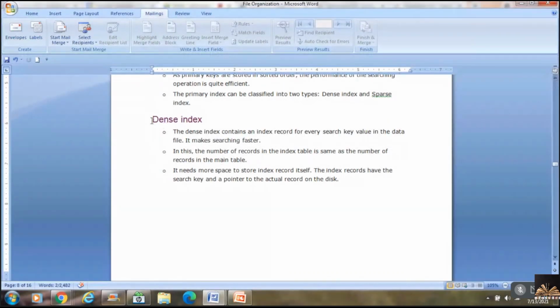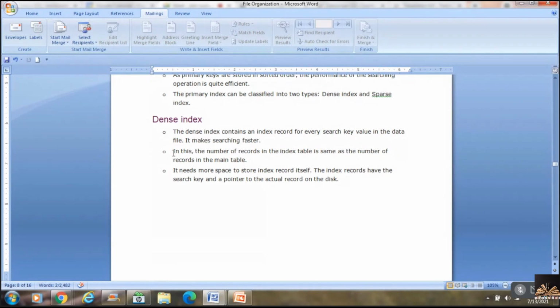The dense index contains an index record for every search key value. For every search key value, you are creating an index and it makes searching faster. The main problem with dense index is that the number of records in the index table is the same as the number of records in the main table.